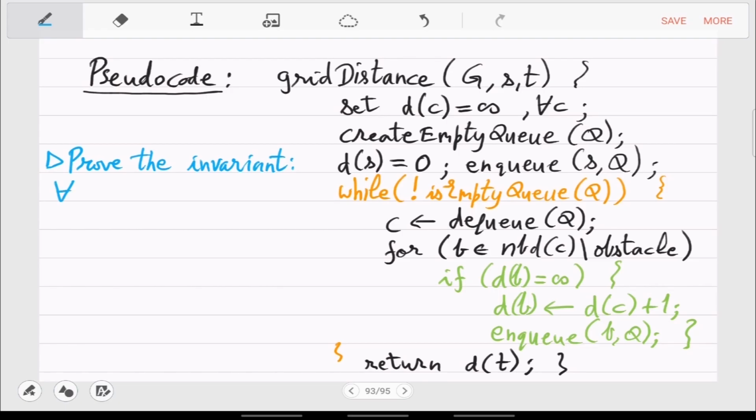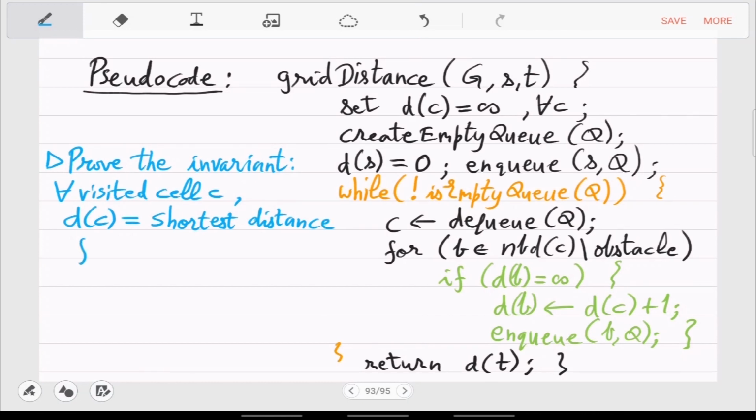For every visited cell C, which means it was present in the queue at some point of time, the value of D at C is equal to the shortest distance from S. This is what you have to prove.